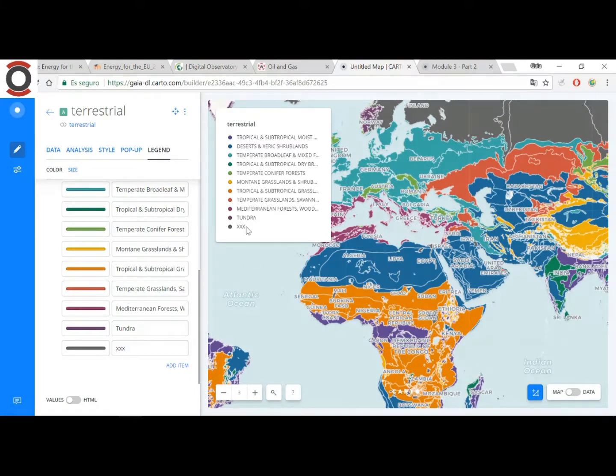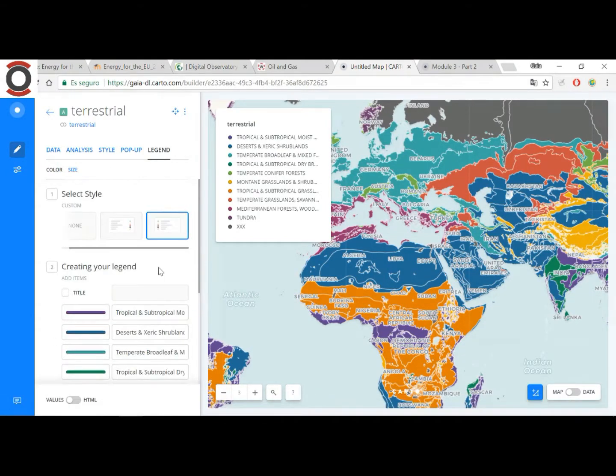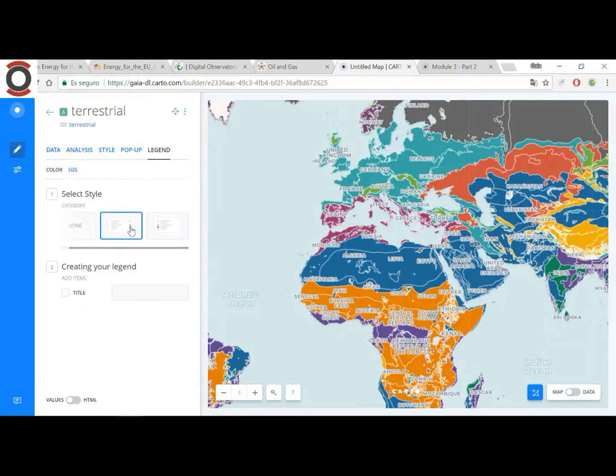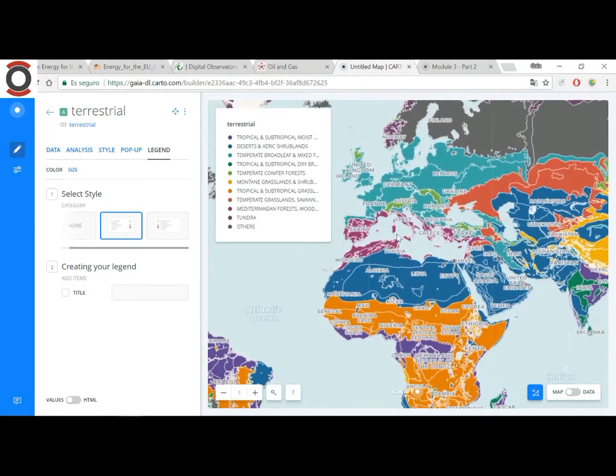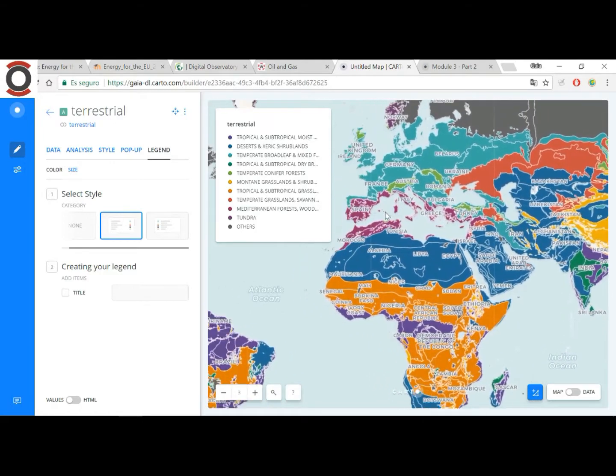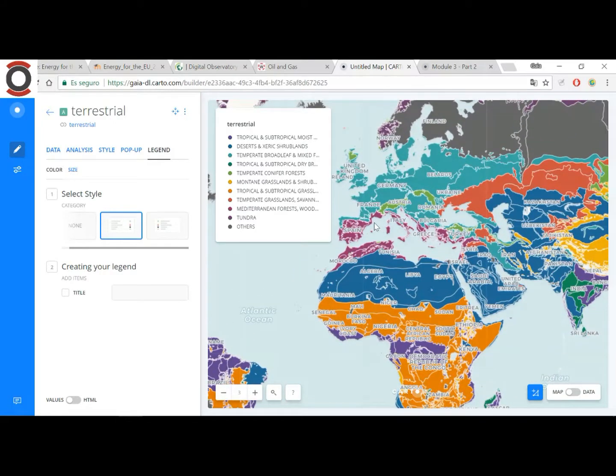And remember, you will be modifying only the legend, but not the map itself. Okay, so I would just suggest to stick to the automatic legend if you want to put one. Remember that the legends do occupy space. So for example, in this map, we will have to move if we want to see some regions. So just keep the legend if it's really useful. If not,